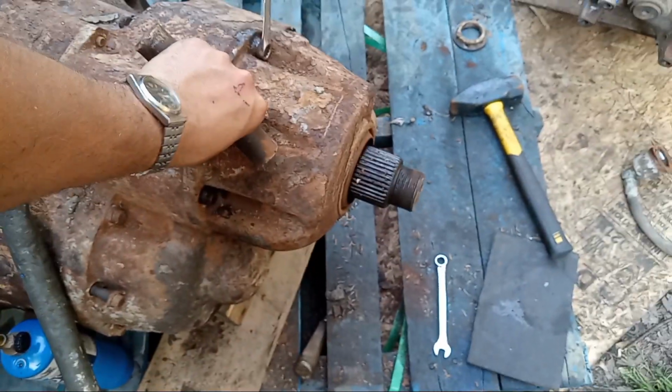Then I use a big pry bar, and then that's what I do. So on this one, for example, this one's